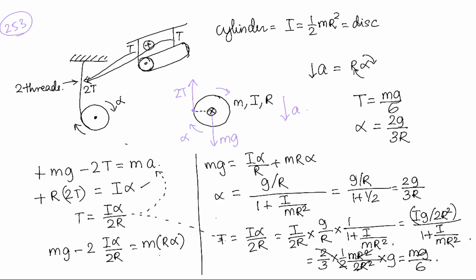So if you struggled with this question and you could not solve it, or you were not so confident with solving it, just go back and try to draw the free body diagram once again. एक बार अच्छे से फ्री बॉडी डायग्राम को दोबारा ड्रॉ कर लो, एक बार देखो कि तुमने फ्री बॉडी डायग्राम सही से ड्रॉ किया है। तो अगर तुमने फ्री बॉडी डायग्राम सही से ड्रॉ किया है, इसके आगे तुम्हें क्या करना है, बस इक्वेशंस लिखने हैं।